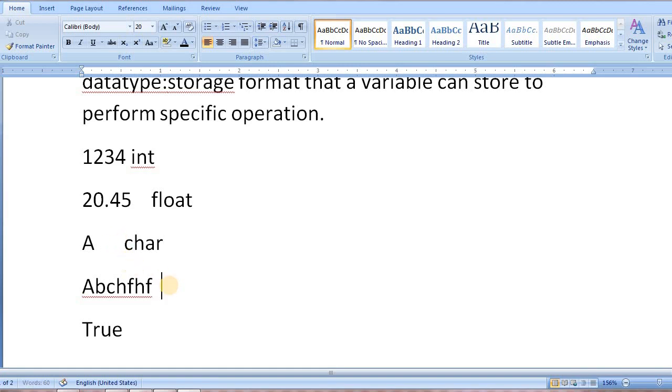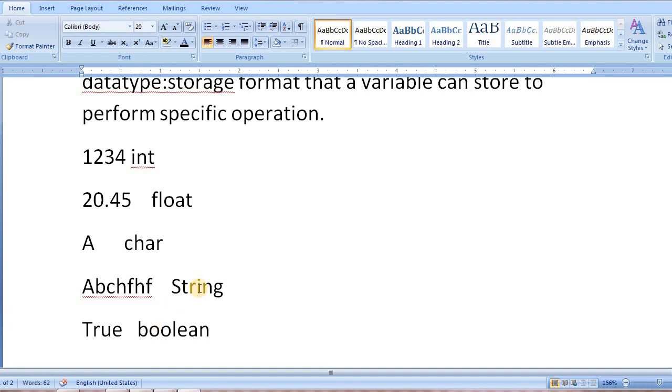For the string value, for multiple characters, data type is String. S is capital. Java is a case sensitive language, so uppercase and lowercase both have different meaning. So while you type the statements, keep in mind the upper letters and lower letters. So for true or false, our data type is boolean.